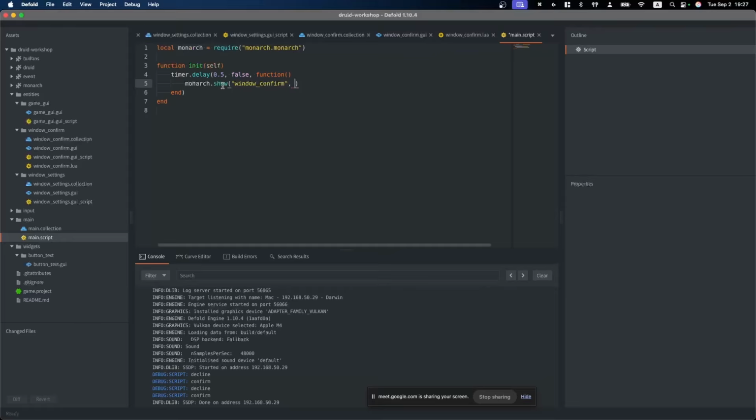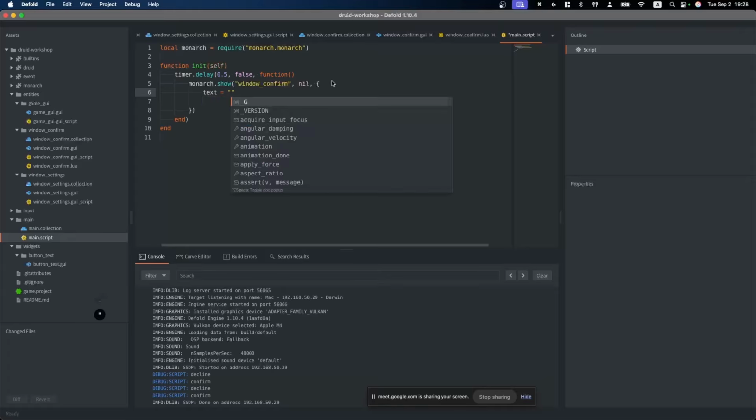In monarch show, there are three options: the ID of the window, options for how to show this popup scene, and data which we can grab inside the collection which we called. So in this case, we call window confirm. Options are not needed here, and we pass a Lua table, for example text equals, do you use default?